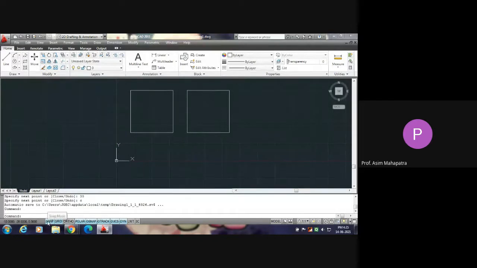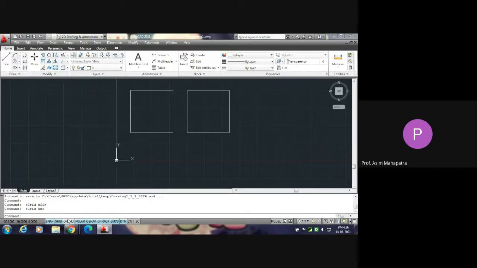So snap is complete. Grid is nothing but this grid work. Grid means jali network, similar to your graph paper. If you click on it, the grid will be in off condition, so you cannot find any graph, vertical horizontal lines. If you again click it, it will be visible.